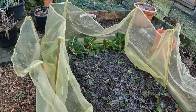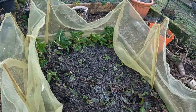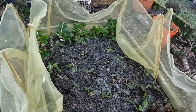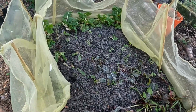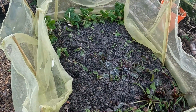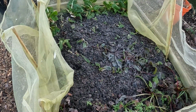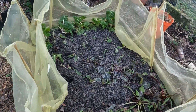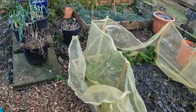This bed doesn't have much happening at the moment, although this was a very productive bed. I had lots of beetroot and chard and, oops, what else did I have? Beetroot, chard. I even had a cucumber growing in here, and a variety of other bits and pieces, lettuce and so on. I'm thinking, however, that at least part of this bed I'm going to give over to strawberries, because